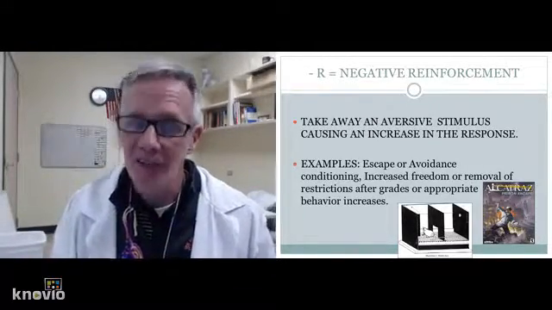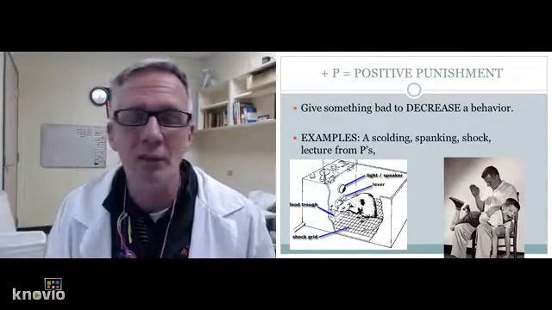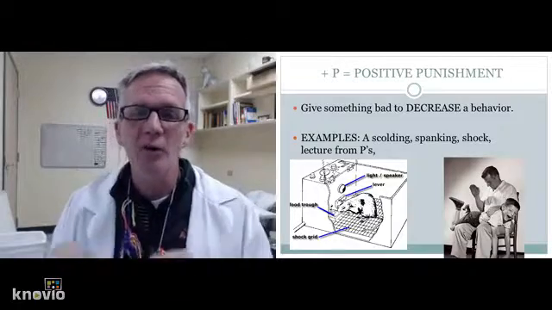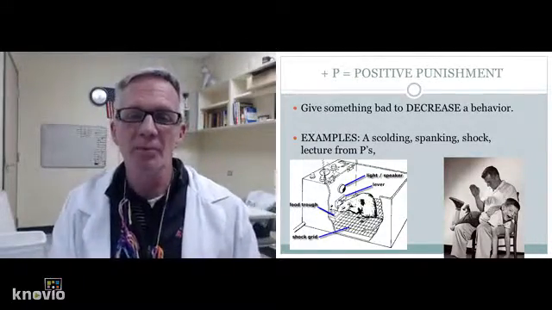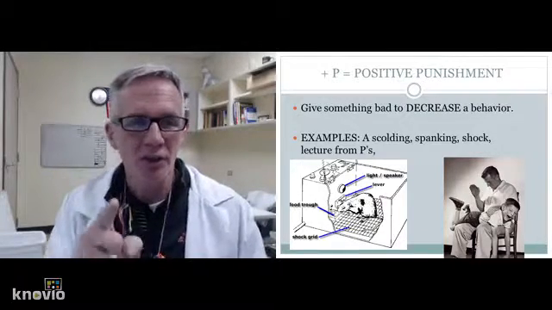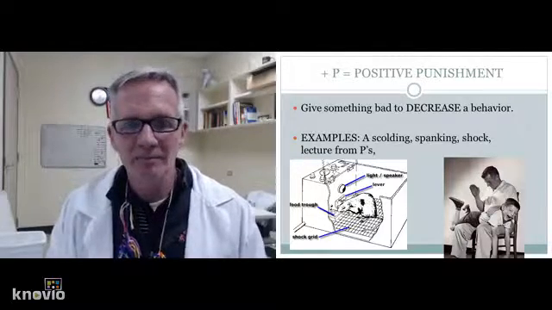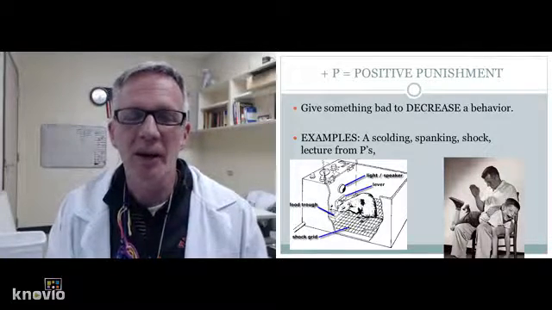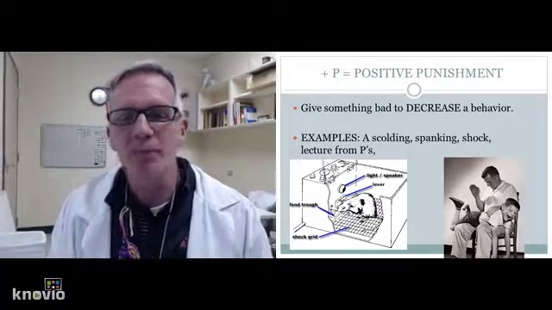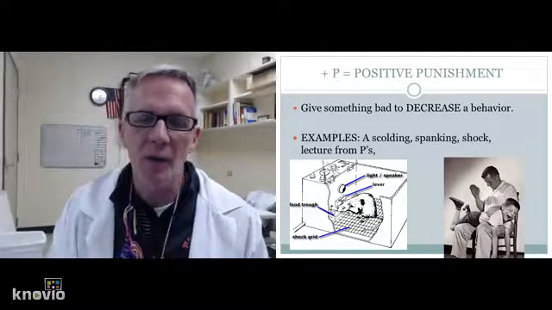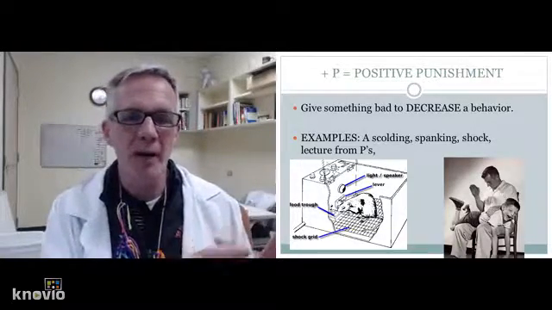Good. Next, very confusing, positive punishment. There's nothing positive about it. Plus means add. We're giving something bad to decrease a behavior. Examples, a scolding. Your parents are yelling at you. You're a bad kid. They're lecturing you, and you have to sit there and take it. That's positive punishment. You're giving something bad to somebody to change behavior. A spanking, shock for a rat, lecture from parents. You look at the little cage there, there's a shock grid on the bottom. If the rat